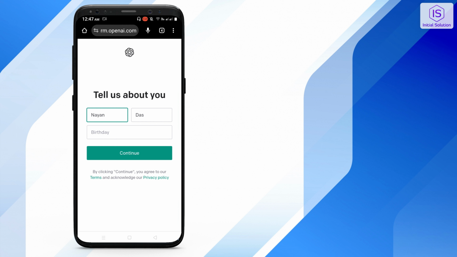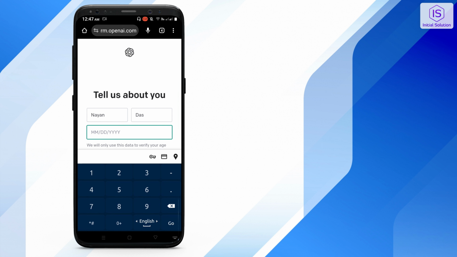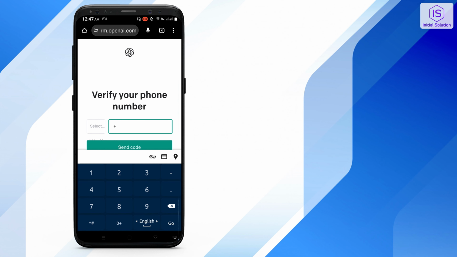After that, you have to enter your first name and last name and your birth month, birth date, and birth year. So, okay, go for your mobile number. Okay,